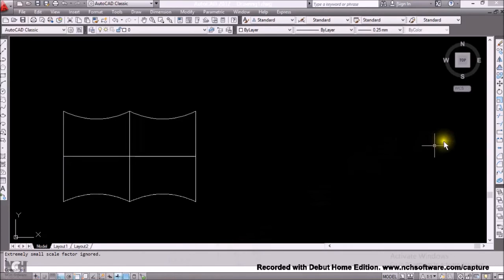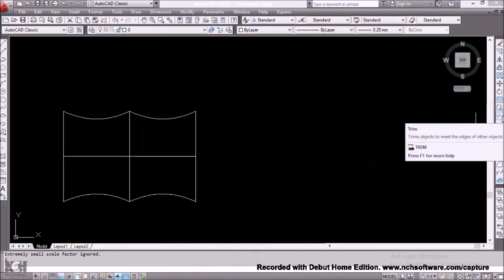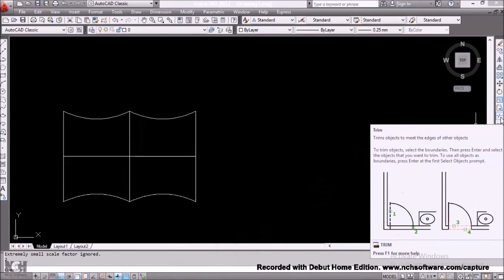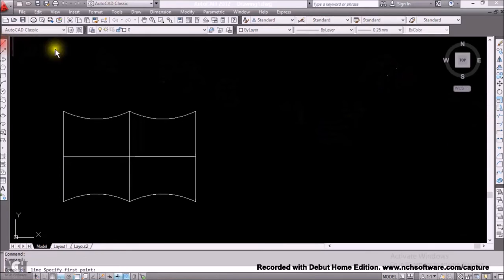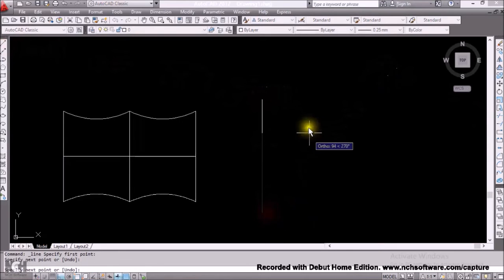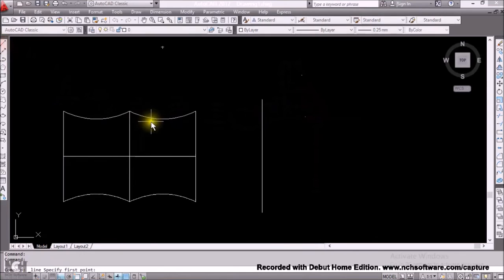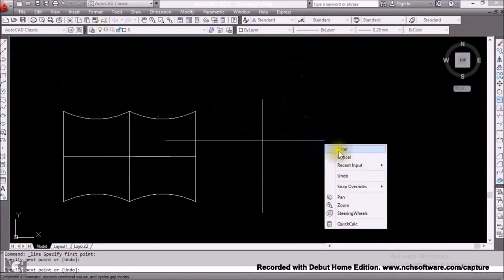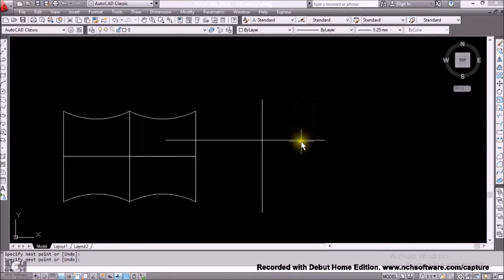So we have the trim command. If you want to trim in AutoCAD, I'm going to show you the easiest way to use the trim tool. It is also a very indispensable command in this program. Assuming we have a set of lines, and okay, let me create another line of this nature, and we want to trim off these excesses at this point. So to use the trim tool,